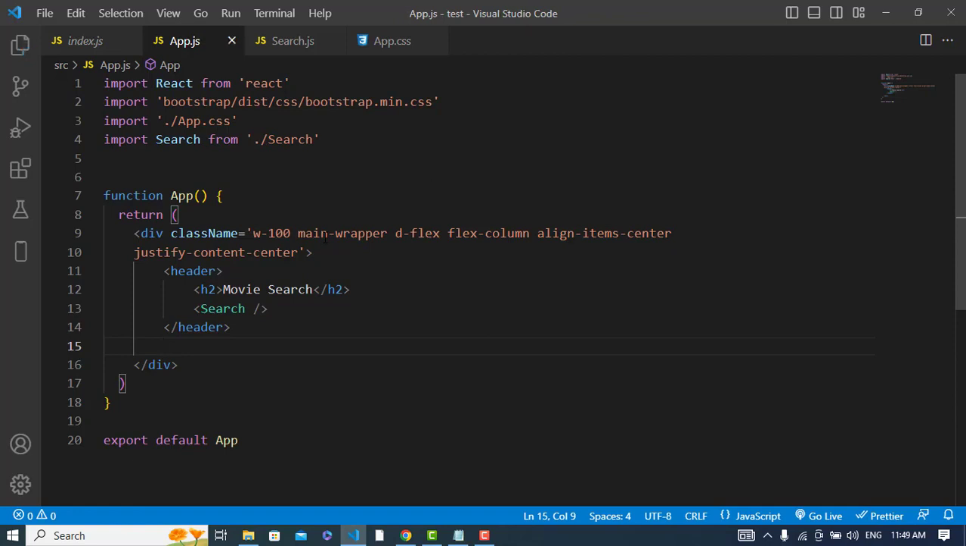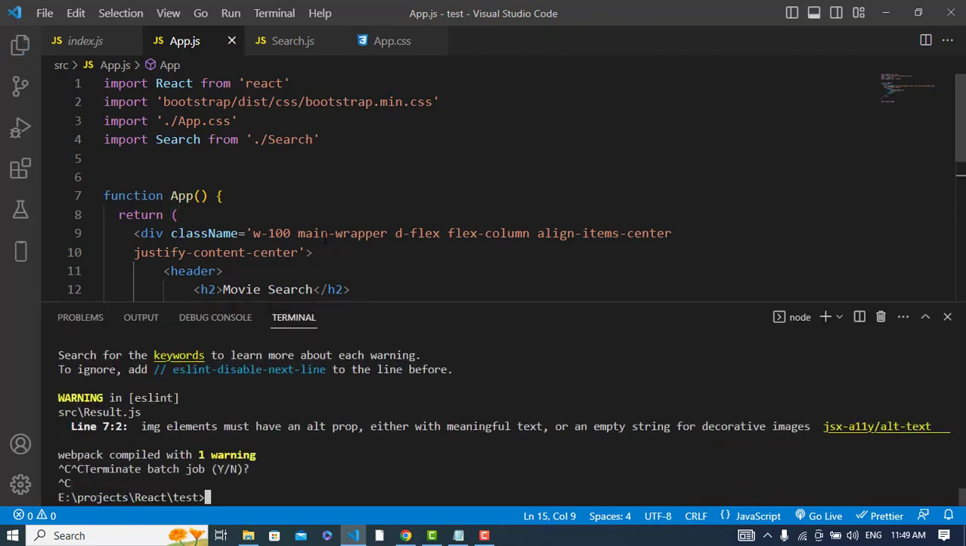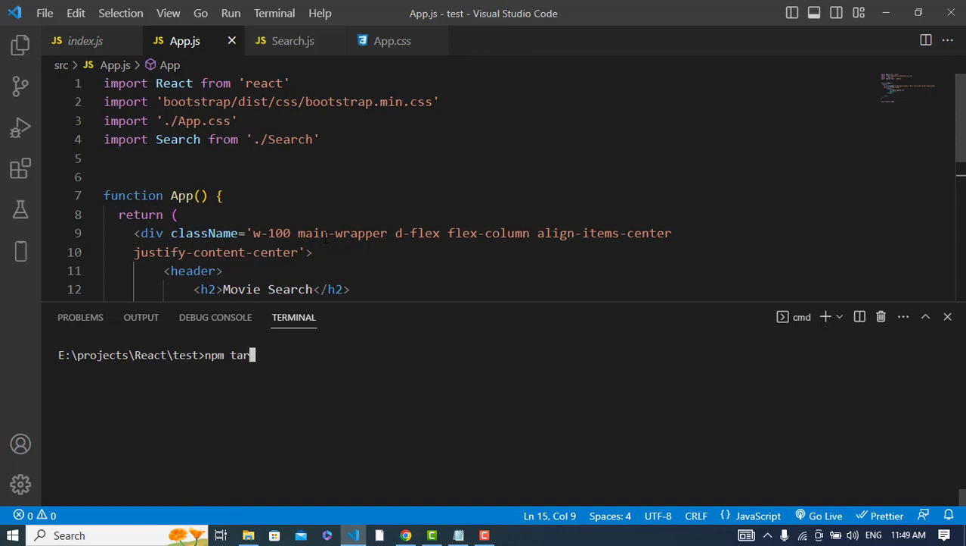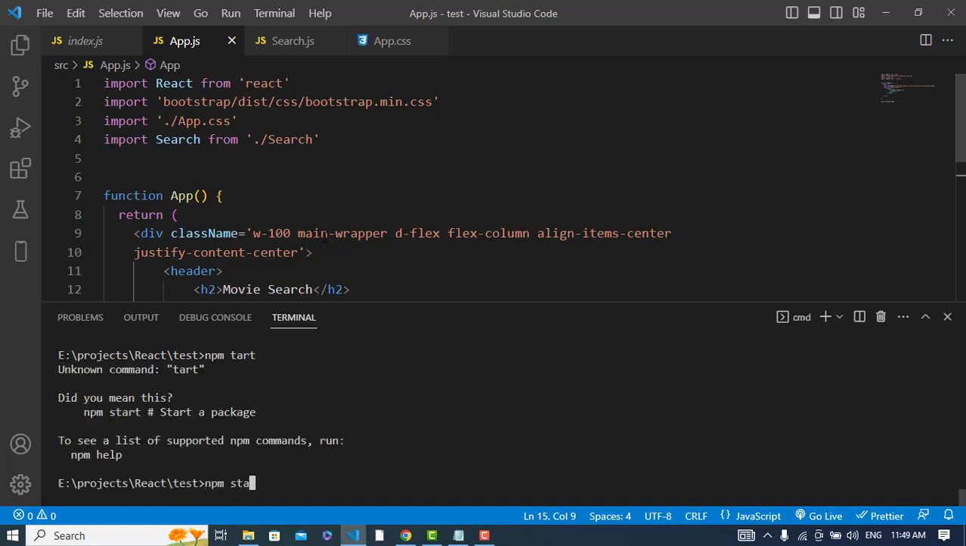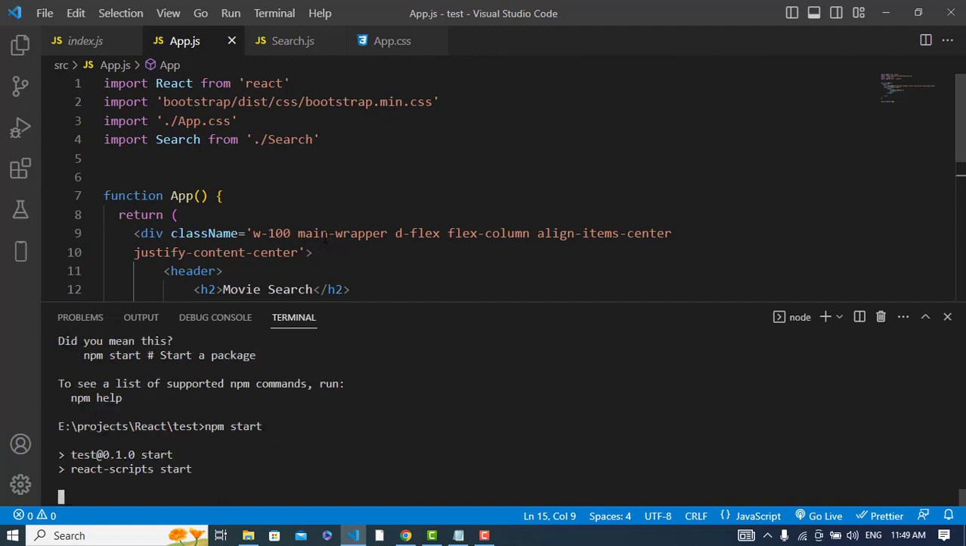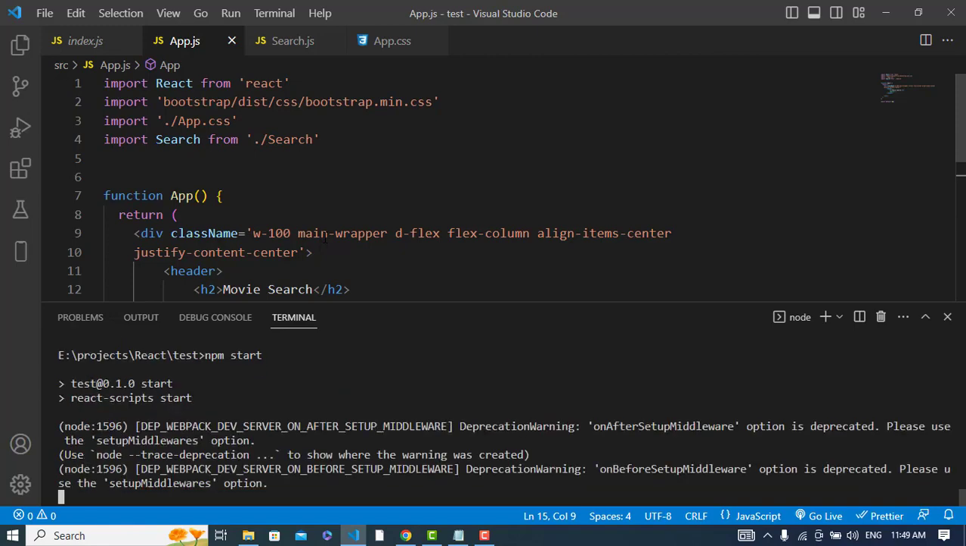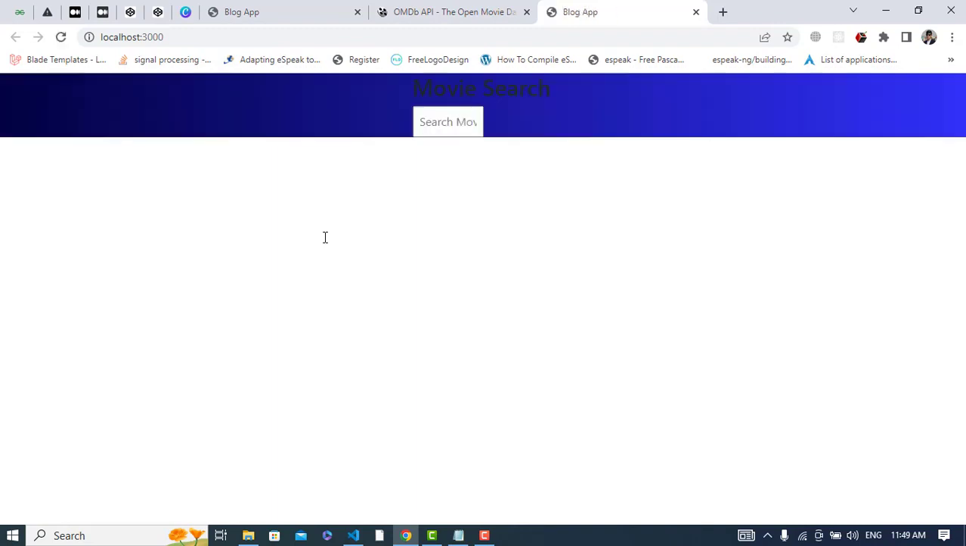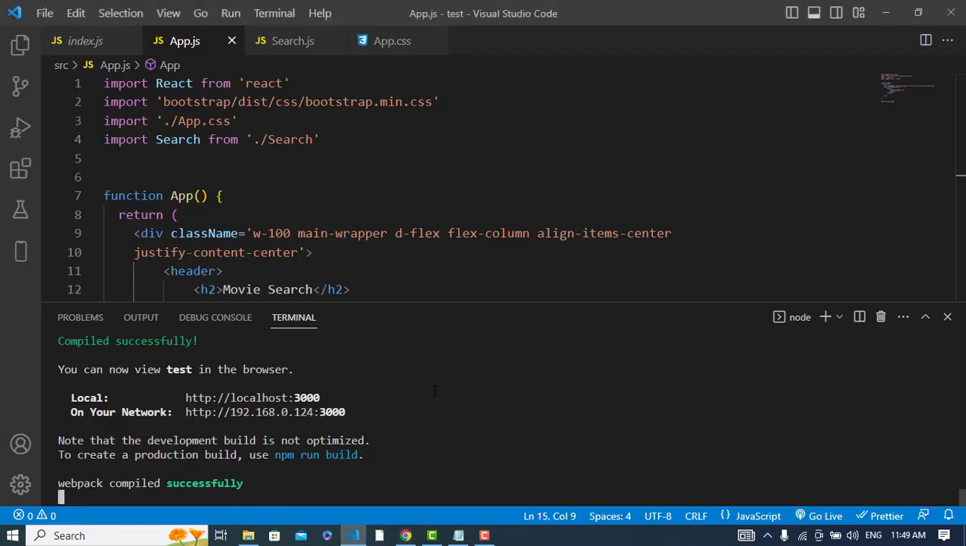We will run the server, npm start. It will start the server, and we will see. We will go ahead by checking. Okay, we will check every section, and then we will go ahead. Yeah, search movie. So let's